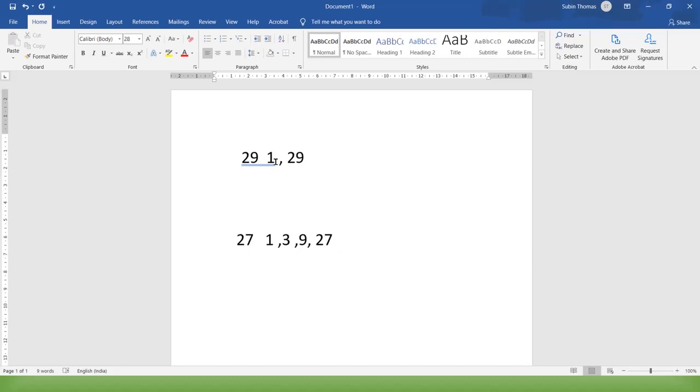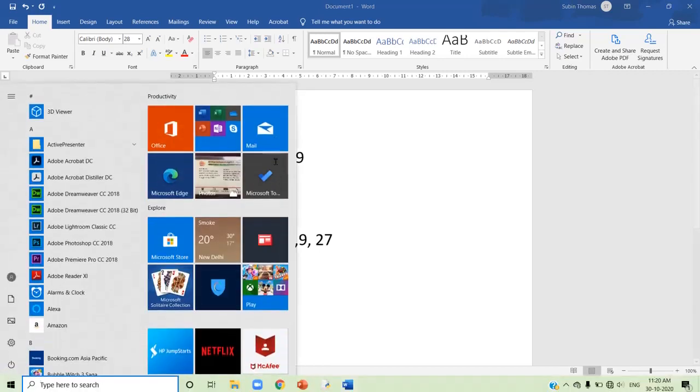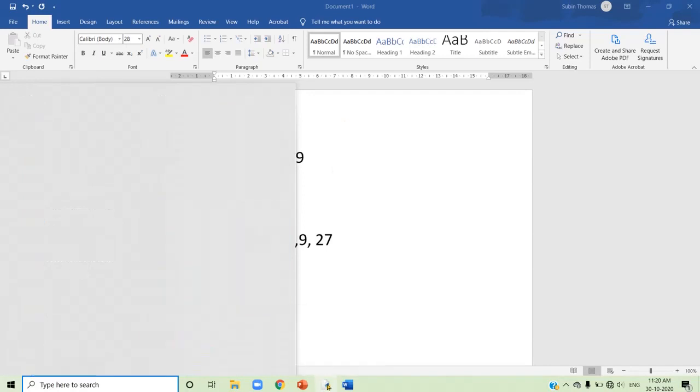So, there is a logic behind checking whether the given number is a prime number or not. We check whether the number has a factor other than 1 and the original number. Every number has 1 and the original number as factors. You have to check for any other factor other than these two numbers. Then you can check whether it is a prime number or not. I'll try out that program in Python.